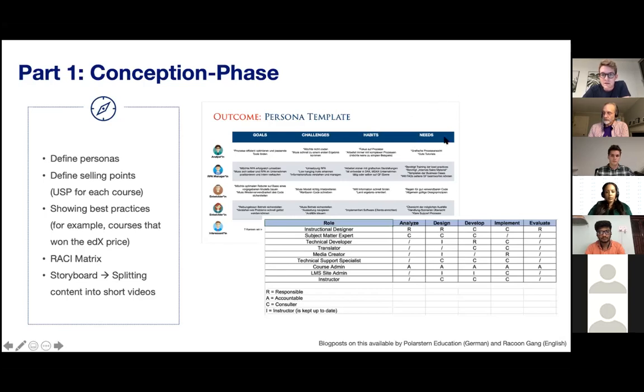And then at the end of the day, we're trying to understand what the needs are of these personas that we've defined, in order to also satisfy teams like management when they want to estimate what the ROI is on a project like the ones that we're doing. So this is something we always go into with every project. It helps the speakers, and it also helps our team to make decisions when we're designing the courses.